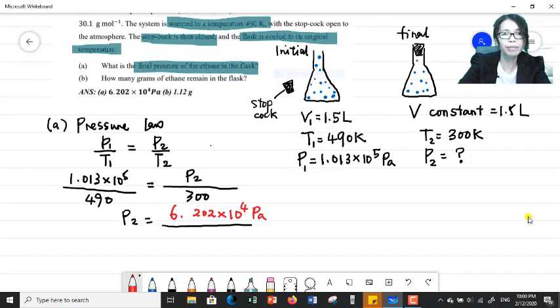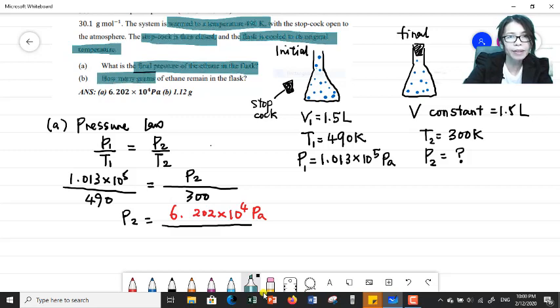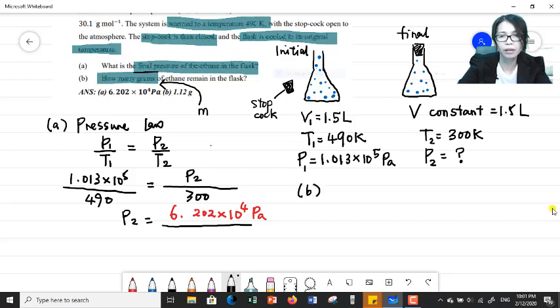Now we move on to question B. Question B needs us to find how many grams of ethene remain in the flask after we close the flask and it cools down to its initial temperature. So class, how many grams actually refers to mass. The mass of the ethene gas we can relate to the number of moles,